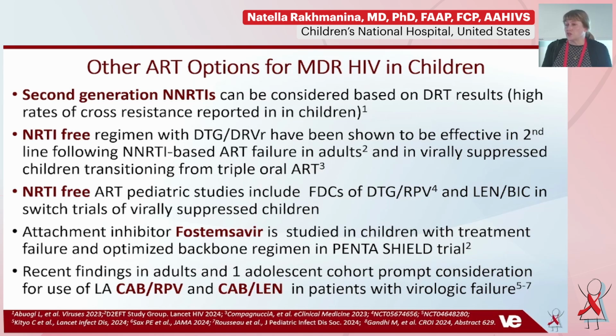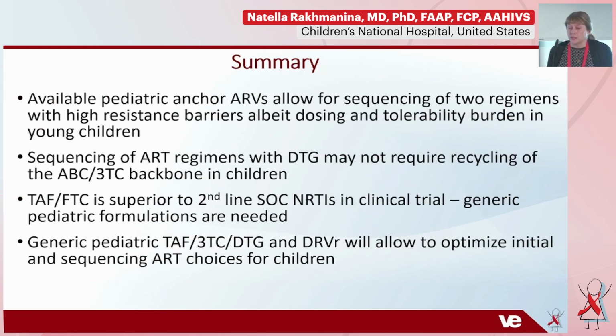And just to finish up here on the potential choices, we do know that some emerging data suggest potential efficacy in adults and in one adolescent cohort in the US of long-acting cabotegravir/rilpivirine in children and adolescents failing oral treatment, and also the combination of CAB with the capsid inhibitor lenacapavir for people with rilpivirine resistance is going to be explored in adults. In summary,